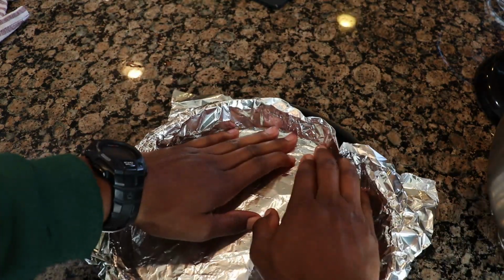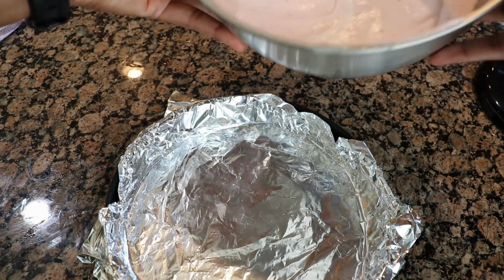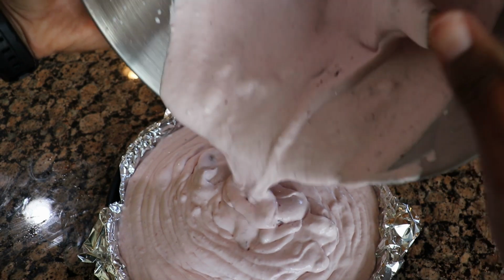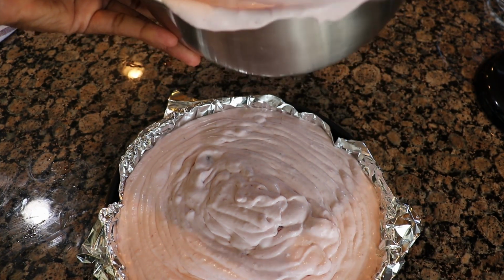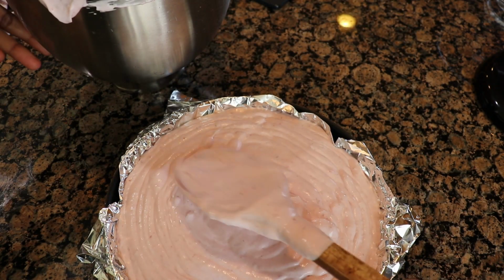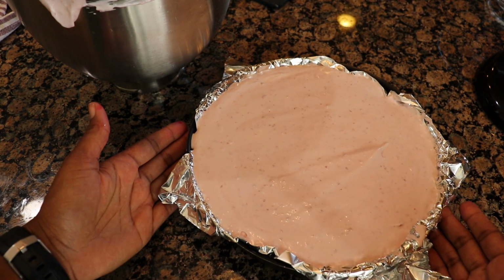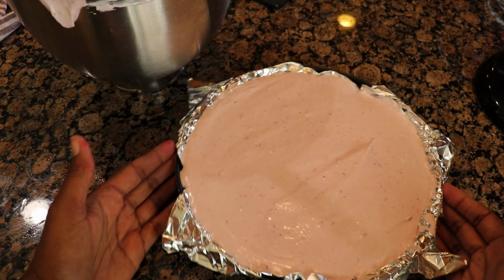All right, so now our last step is just going to be to pour our batter directly in. All right. And I've actually made a lot. So I'm just gonna go ahead and smooth it over. And once I've got it here, I'm gonna pop it in the freezer for at least 6